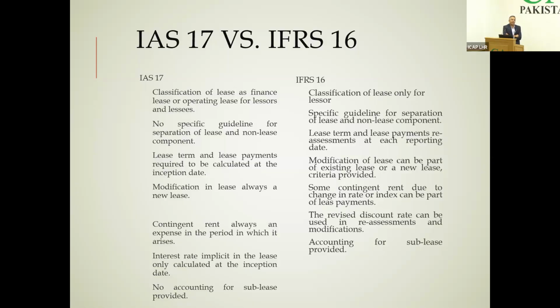And then previously IAS 17 was not providing complete information on contingent rent. What is contingent rent? Almost everything in the lease contract which is not initially part of the lease accounting was accounted for as contingent rent, but now IFRS 16 is providing information on how to deal with it and what contingent rent basically is. And then similarly, there was no information in IAS 17 for subleases. This IFRS provides accounting for subleases as well, giving the concept of head lessor and intermediate lessor. And then